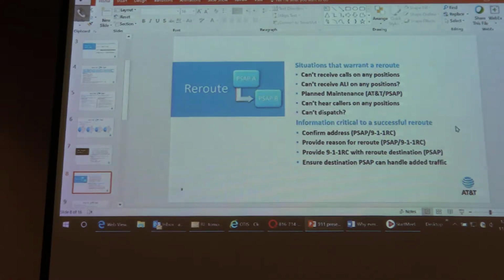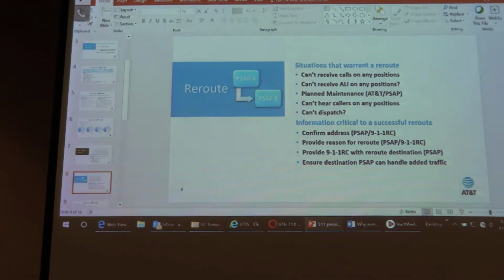Reroute. It's funny because I felt like we rerouted a lot before, but now that ESINet is on board, we do it less because you already have the program rerouting. It's super nice. But you might sometimes get into a situation where you need to reroute to a partner staff or to your admin line. It used to be a manual process, but with ESINet, it's all programmed. So that's the beauty of it.